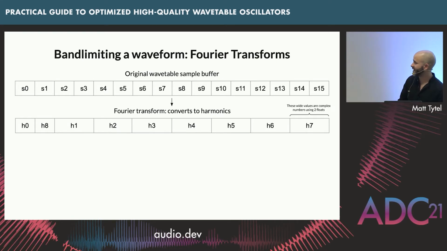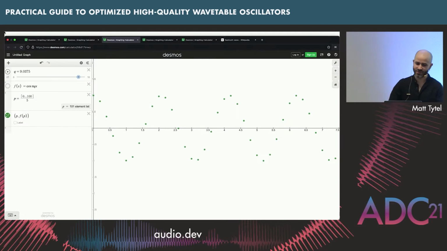I want to go back to one of the demos in a second, but you notice that you have H0 through H8 here, so you get 8 harmonics and a DC offset out of 16 samples. So let's go back to that demo I showed earlier,